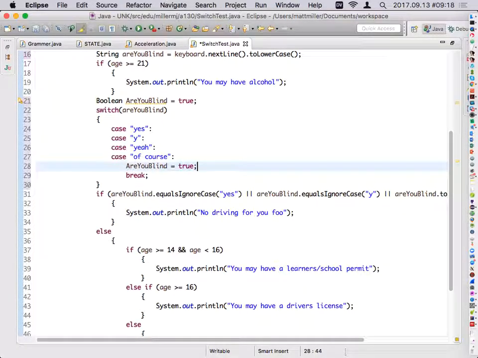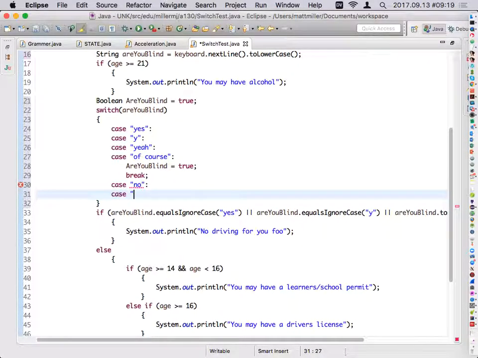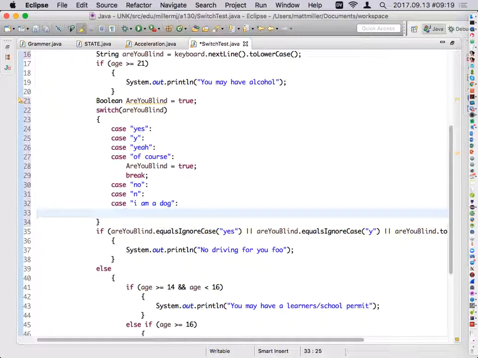And then there are two options for what we can do next. We can list out the things that we think mean that they are not blind, right? And that they thus can drive. So we could pick a bunch of cases, right? Case no, right? Case N. Remember these are all lowercase because we lowercased it. Case I am a dog, right? And clearly, I don't know, we can pick all kinds of things. They can type any of these, and that means that they're not blind,